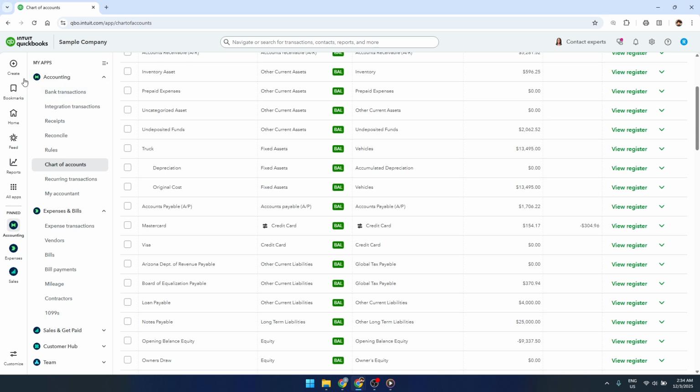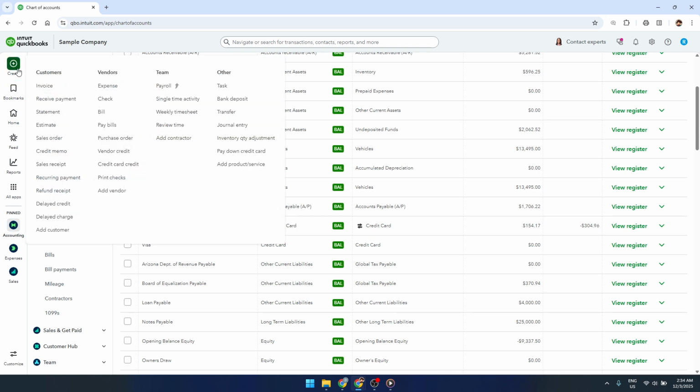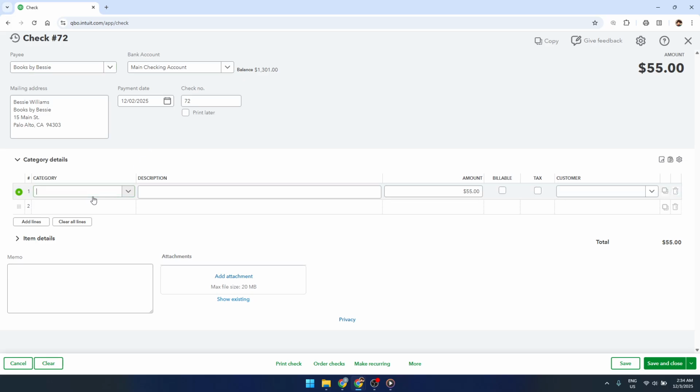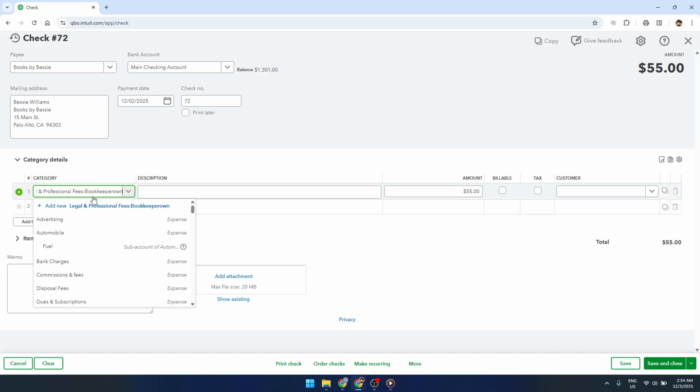Go to the plus New button and choose either check or transfer, depending on how you took the money out. If you wrote a check to yourself, choose check. Select the bank account the money is coming from, enter the owner's name as the payee, and in the category column, select the owner's draw account you just created. Enter the amount you withdrew and any memo that helps you remember what the draw was for, then save the